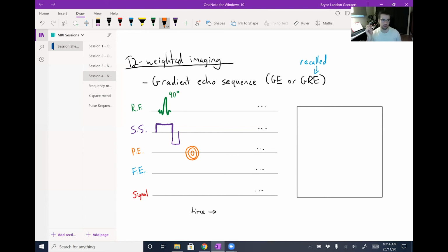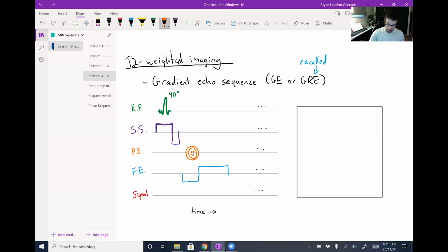But this represents that we're going to be using different phase encoding gradients of different magnitudes when we repeat this pulse sequence to acquire multiple lines of k-space, which we'll touch on again in a second. And then at the same time as we do that, we can have our negative lobe of our frequency encoding gradient, because we need to balance out the phase that the positive lobe of the frequency encoding gradient will incur as it is on. And this should be about the same width, negative to positive, so that our phase differences are balanced at the middle of our readout,